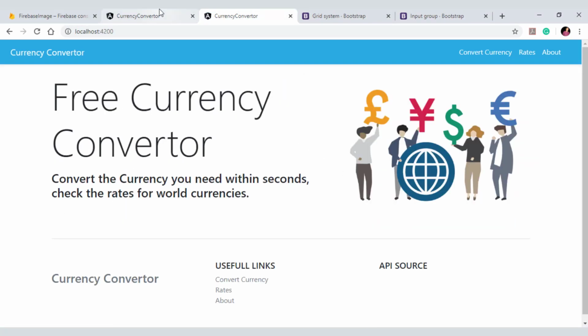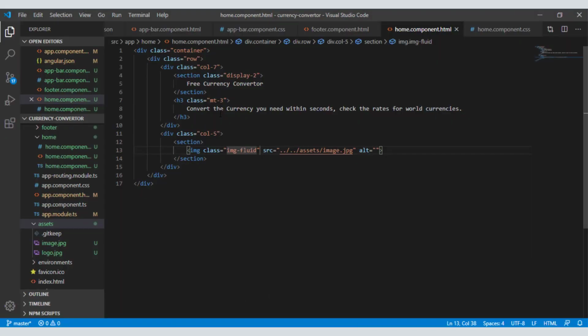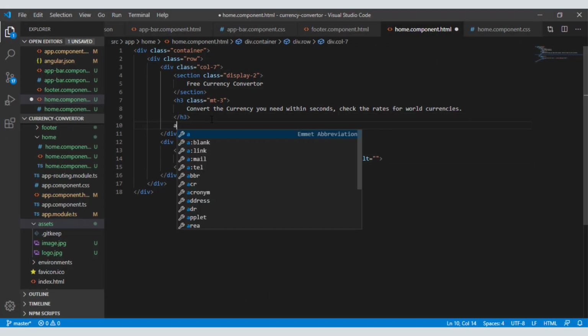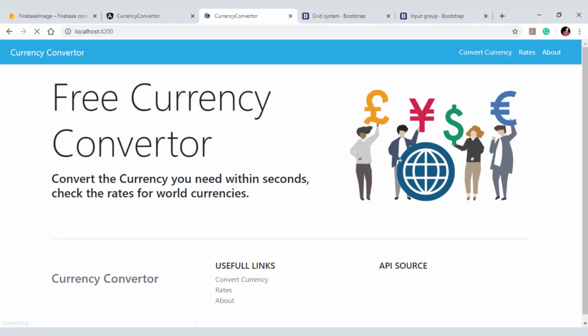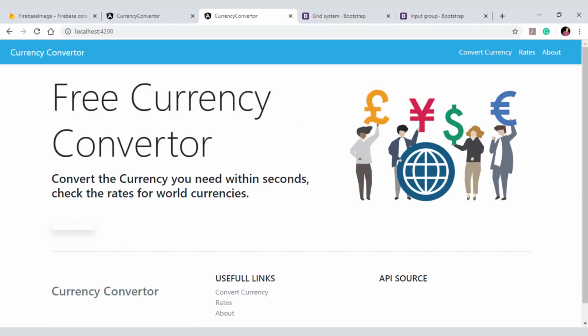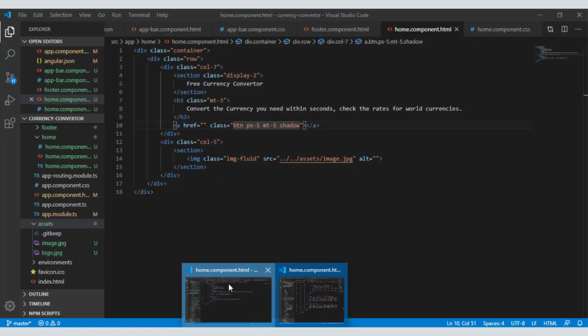So now we'll create this button over here. So we need to put it in the first div. So in col 7 below the h3 I'll create a link, and we can give this a class of btn to make it a button, and we'll give it a horizontal padding of 5, and let's give margin top of 5 as well, and let's give it a shape. Okay, here is our button. We haven't given any background color, so that we'll do next. Let's put our content over here,